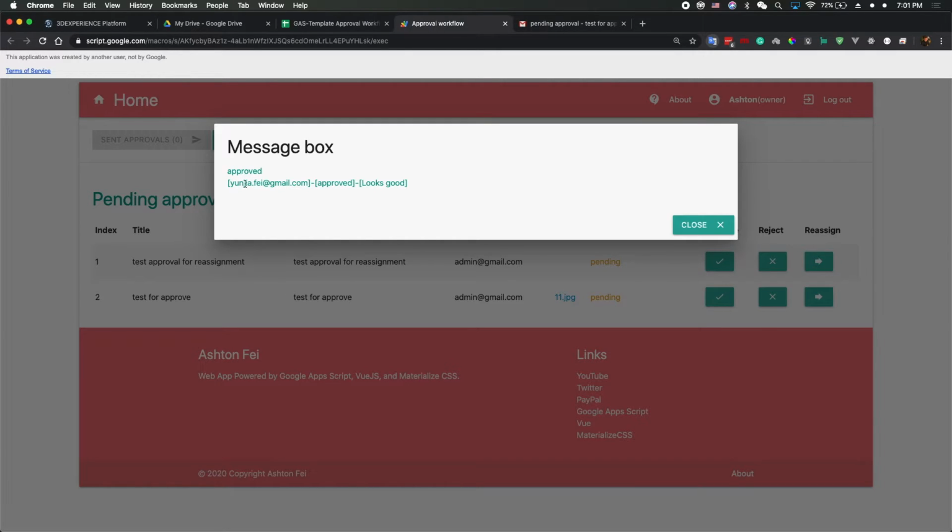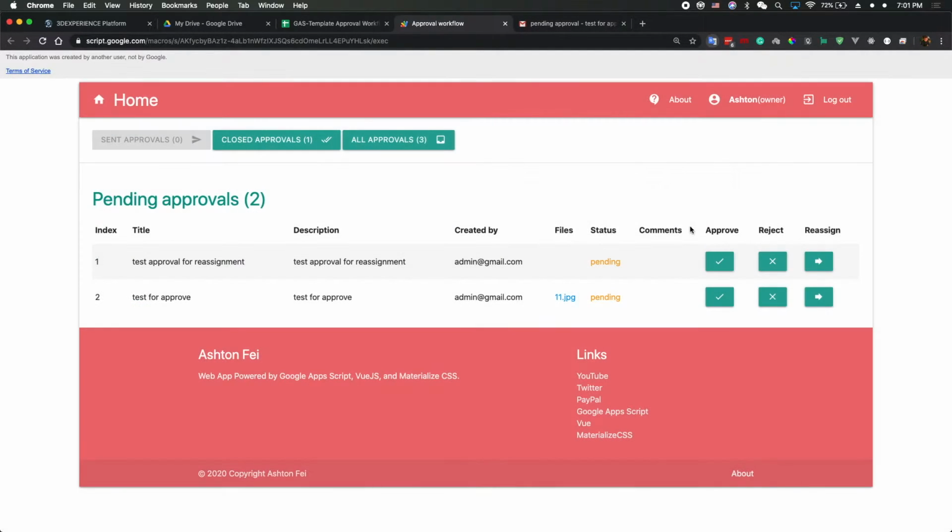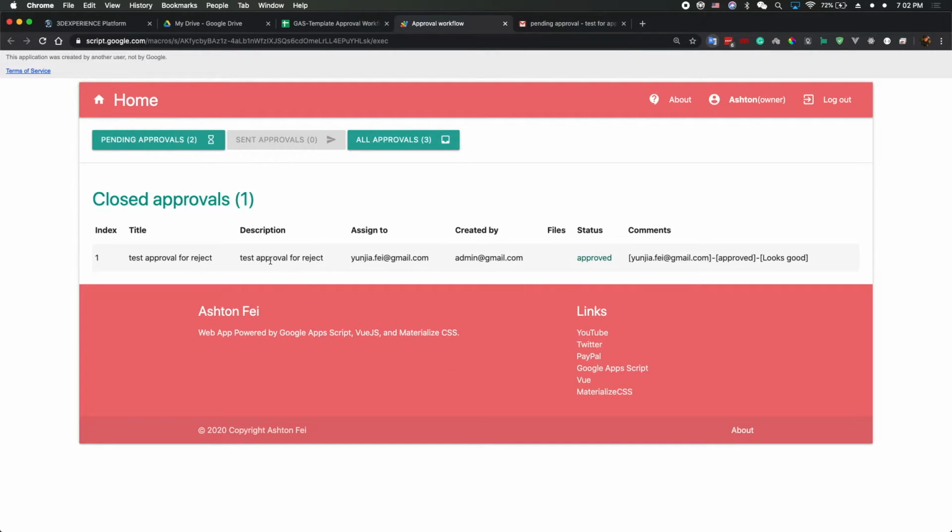So approved, and we also have who approved it, the status of the approval, and the comments. Okay, and I close it. Once I approve it, I should be able to see it in the closed approvals. As you can see here, I have this one closed, the status is approved, and the comments are also